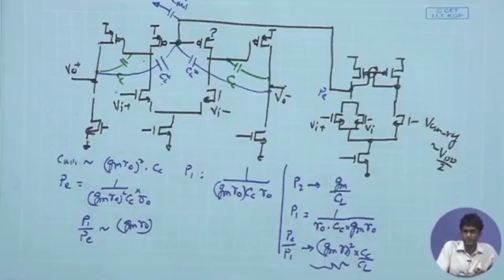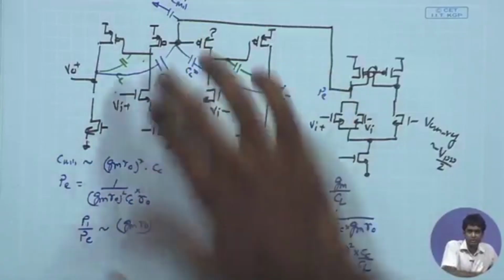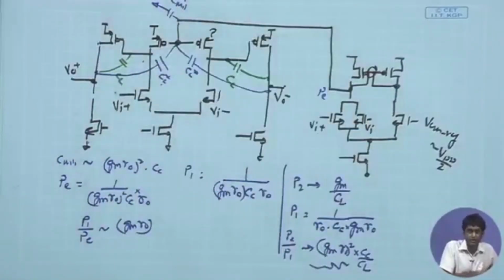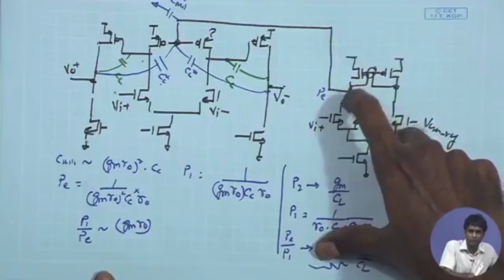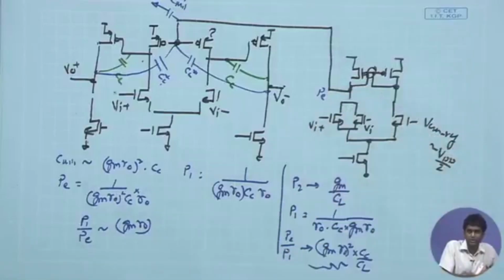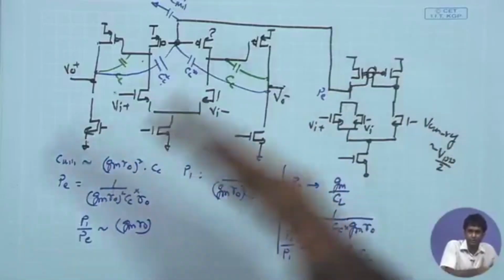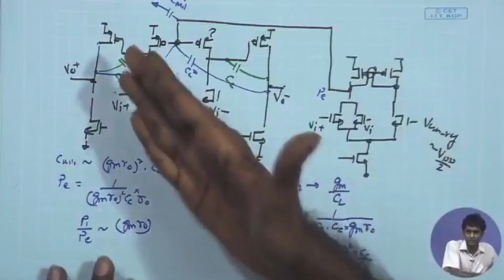So you are able to isolate these two pretty well, but at the same time you are having to pay a heavy price in terms of a much larger CC star required, or you may have to go for a larger RO over here. And then once again, if you look at the loop gain, in order to get advantage of this Miller multiplication,